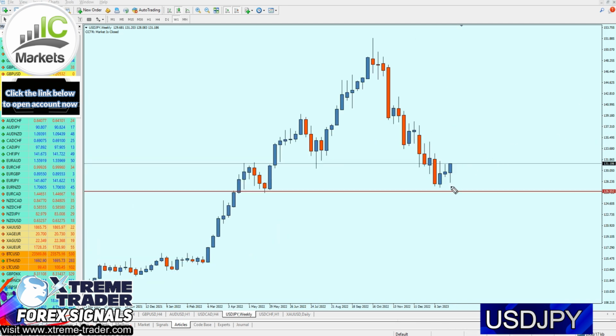Guys, do you remember what I have been telling you for the last 2 weeks? Once we see this candle on the weekly chart and on a support level, it's always a strong indicator for a bullish reversal. That has been happening for the last 2 weeks. For the last 2 weeks, the candles have been blue and the market kept rising over and over.